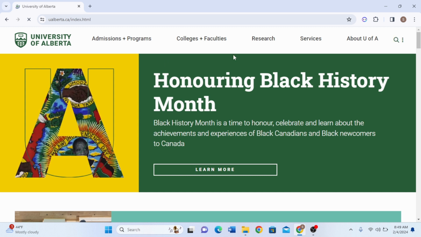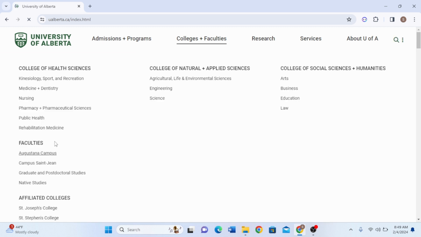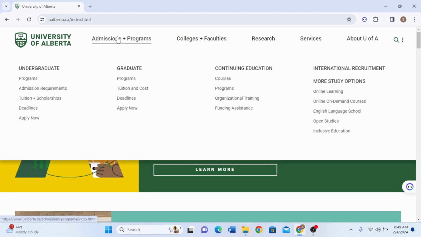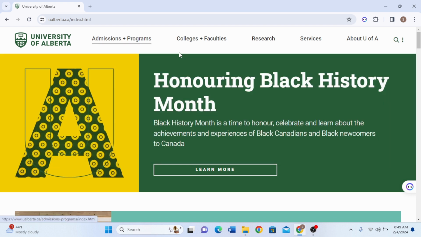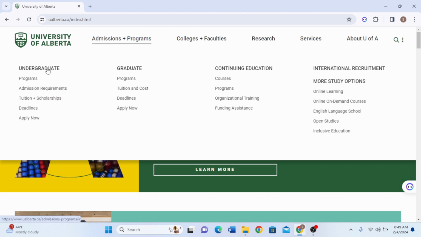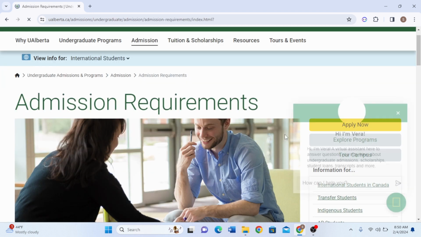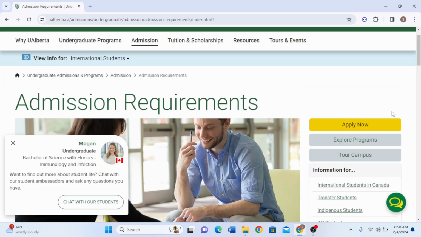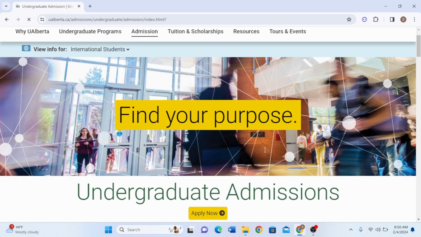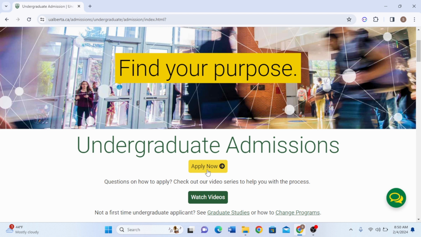You cannot find the login section from here, but you have to open the admission program right here, and you can choose the undergraduate you want to apply, or graduate, or continuing education, or any other program you could see right over here. And I'm going to go with the undergraduate programs admission requirements here in the second section. Click on that, and right over here on the right hand side we could see there's an apply now. Click on that option, and we have to scroll a bit down over here and click on the apply now